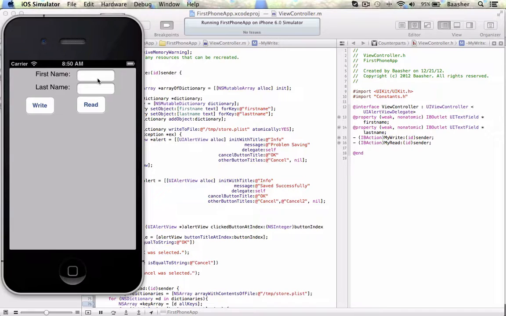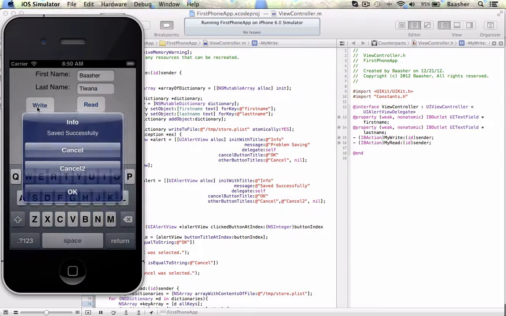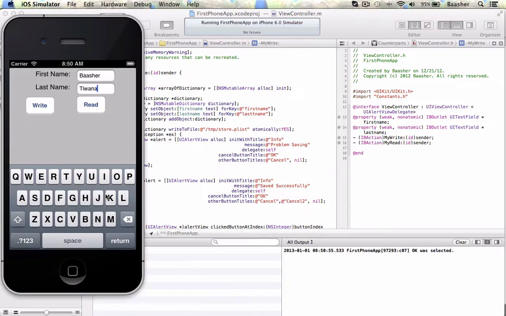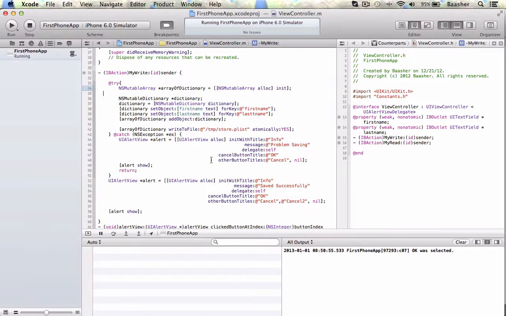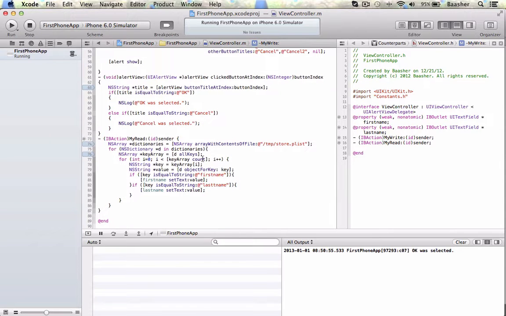So I'm going to type in my, click on write. Everything went okay. Great. So now we're going to fix the read part. Now how do you read a dictionary that is in an array and it has multiple items? So what we have so